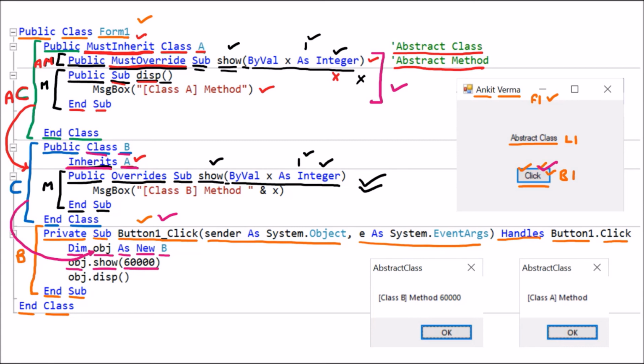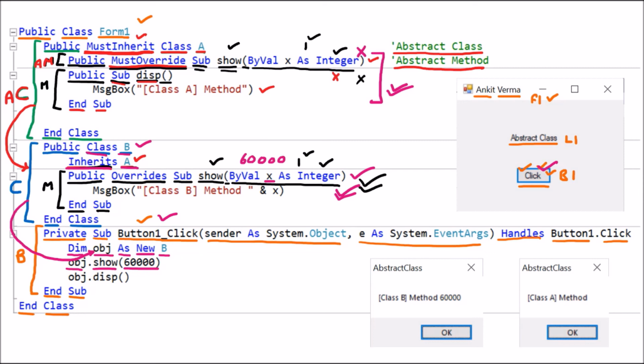With this obj, we go into class B. And in class B, we have the method which is overriding the above method. That means the above method was a prototype that is not going to work. Only the second method works because it is overriding. Overriding means I am taking your position, I will work now. So the class B method is going to work. This 60,000 is passed here, so 60,000 is provided to the X variable.